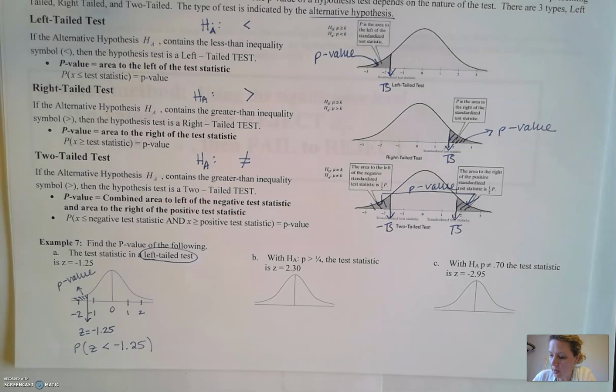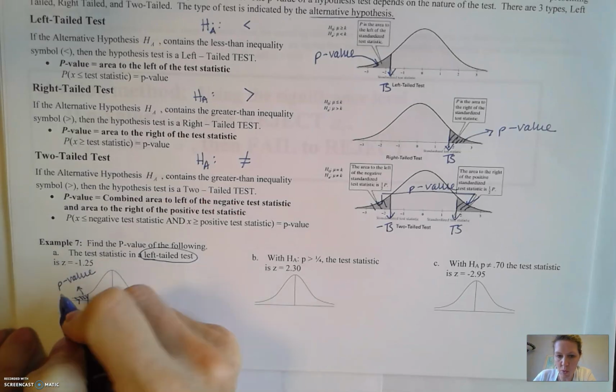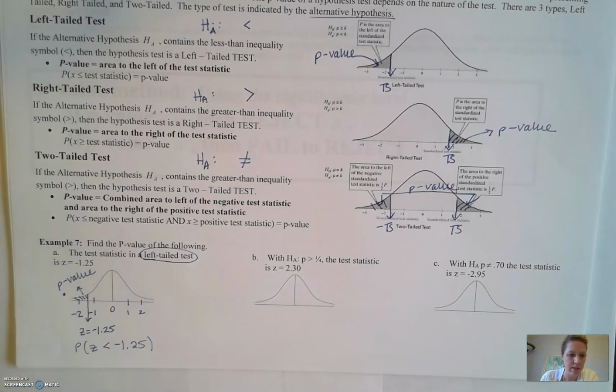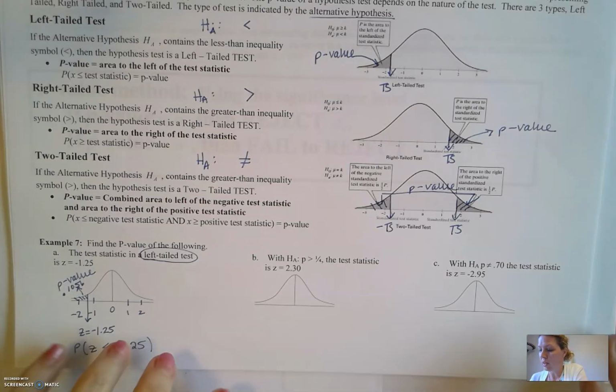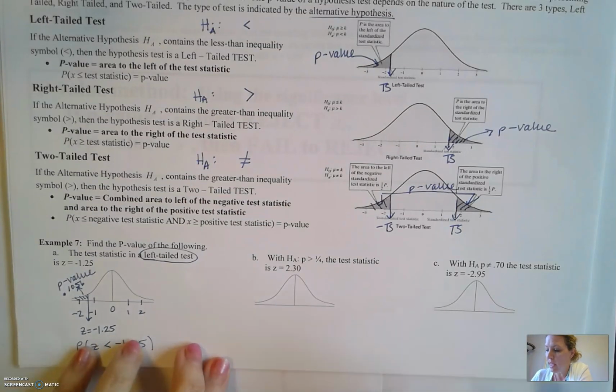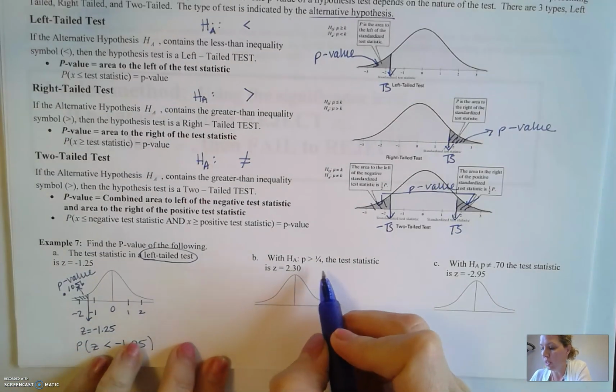So I label the p-value on the graph as 0.1056. That's the area on the left. It's also the p-value. The next one, with H sub a, p greater than 1/4, the test statistic is z